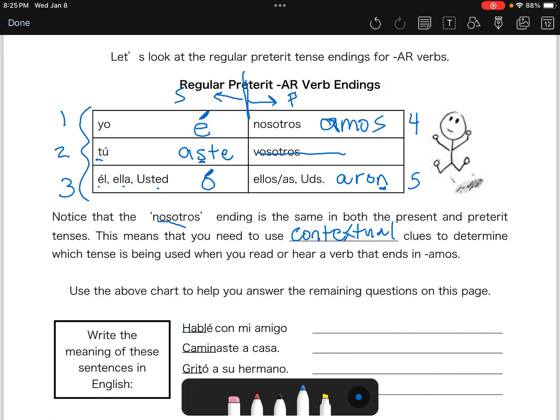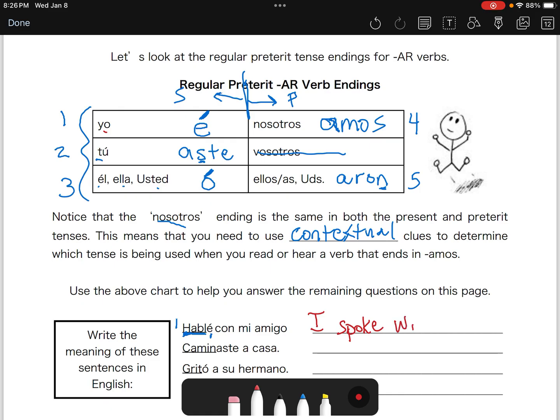Okay, so let's use the verb chart to help us answer the remaining questions on this page. It says, write the meaning of these sentences in English. So number 1 here is hablé con mi amigo. Now they underline hablo because that tells you speak. Well, who's doing the speaking and when it was done? That's the ending here. So E with an accent. If you go up here in the chart, well, E with an accent would be yo. So that's I spoke in English. I spoke